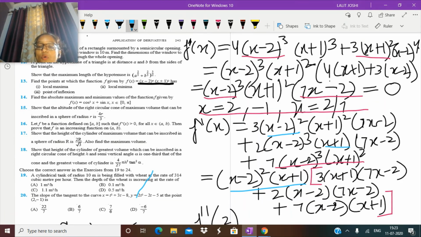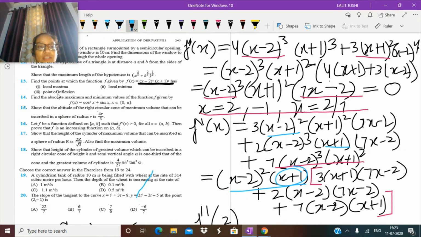So if I put 2 over here, you can observe (x minus 2), if I put 2 over here, this will be 0. The whole factor will be 0. So it means the derivative test has failed. Similarly, if I put minus 1, again this whole factor will be 0. Everything is in multiplication. So I am getting 0. If for 2 points the test has failed, so I have to do the first derivative test for